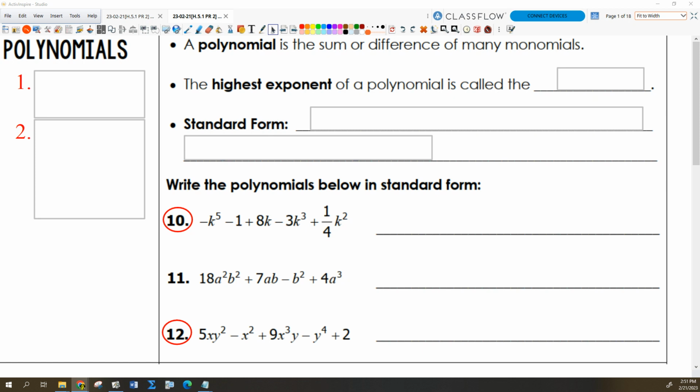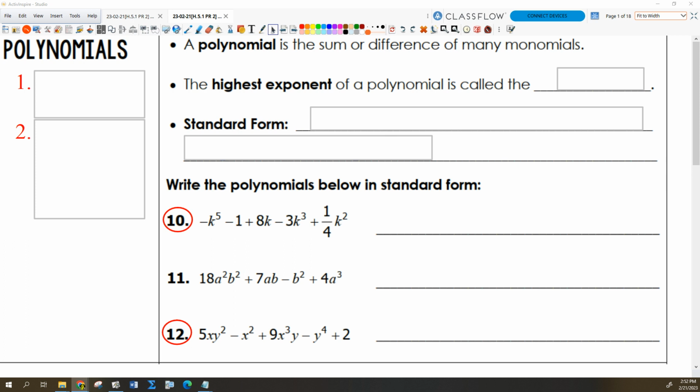Last week we talked about monomials, the definition of a monomial, and we looked at properties of exponents. I did tell you that a polynomial is really just a bunch of monomials all added together. That's all it is. A polynomial is the sum of many different monomials. So the requirements for a polynomial end up being the requirements for each monomial in the